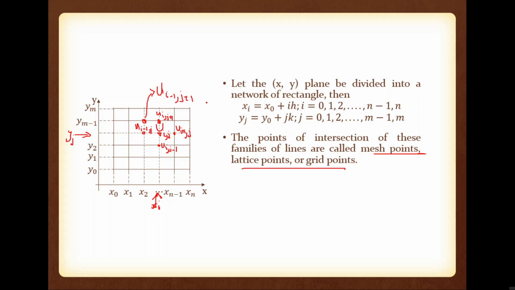Okay. So now I am going to discuss how to represent the differential term using finite difference approximation. But please remember this concept. We are saying the current point as u i comma j. If you are talking about the next point, we have to know whether it is with respect to x or y. If it is with respect to x, the next point is u i plus 1 comma j. If it is with respect to y, it is i comma j plus 1. So always we have to remember that.